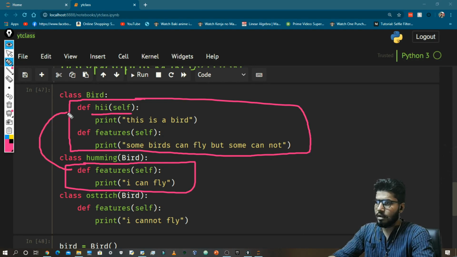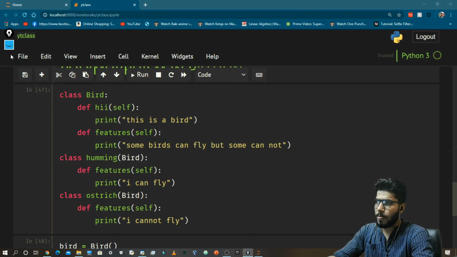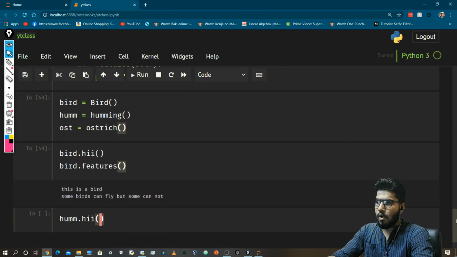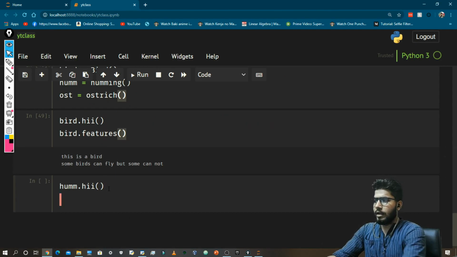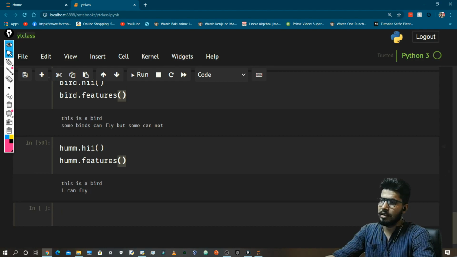And we will see what will happen when I call features, because there is a features function in this class as well as in this class. Let me just run it, and hum.features. Now let me print, and it is showing, this is a bird and I can fly.